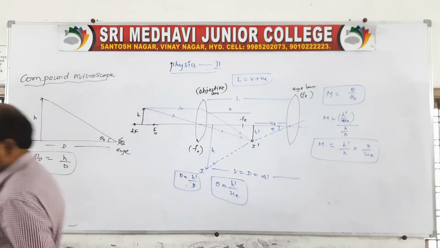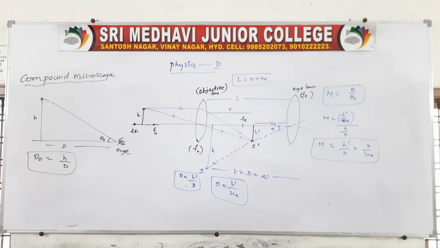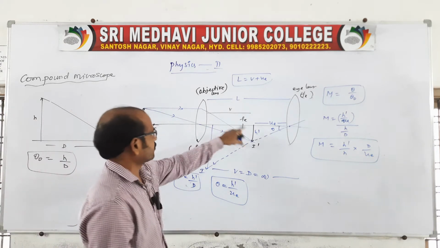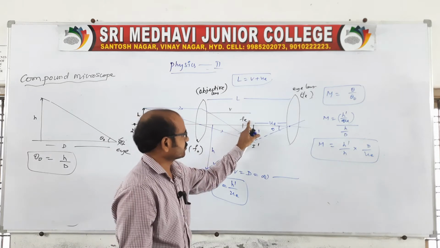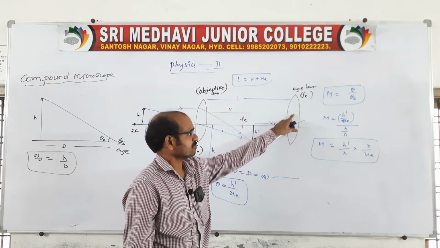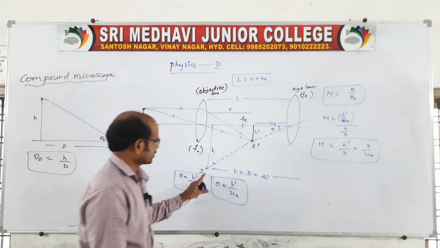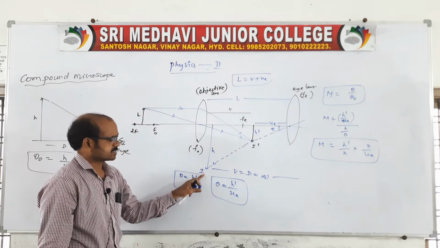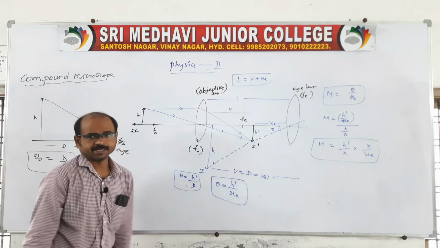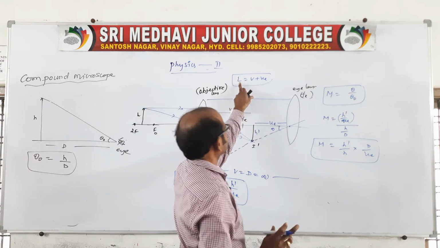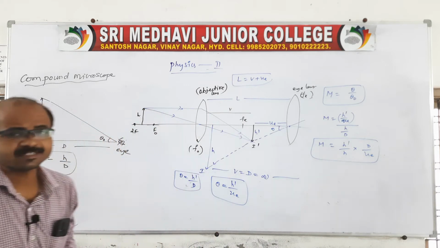It is a magnification for what? For the compound microscope. By using the given ray diagram, when the object is at a position between 2f and f naught, the image will be formed by this lens after the focal length of the eye lens. Therefore for this eye lens, this image is acting as an object, so the final image will be formed at a distance between D and infinity. So this is about the ray diagram related to the compound microscope, and the distance between the two lenses is L is equal to ue plus v.